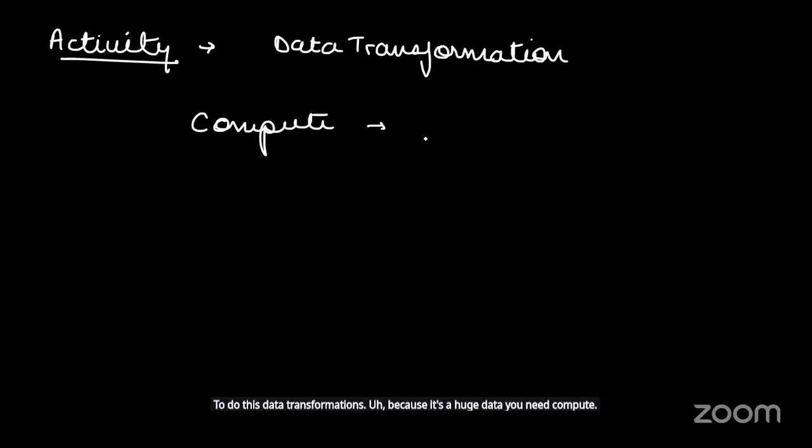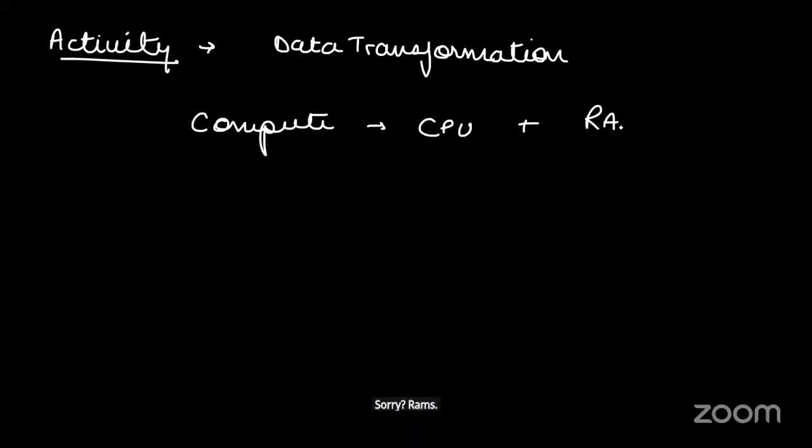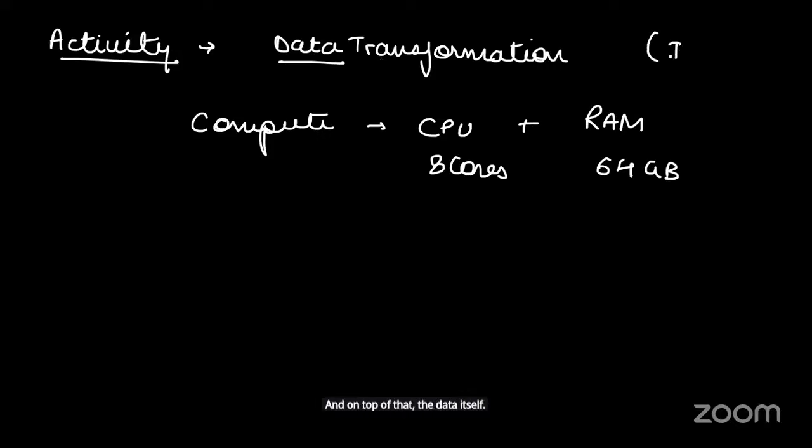Yes, you will need a good amount of CPU and a good amount of, sorry, RAM, right? Let's say you want 8 cores of CPU and 64 GB of RAM for this data transformation. And on top of that, the data itself is 2 terabytes in size,